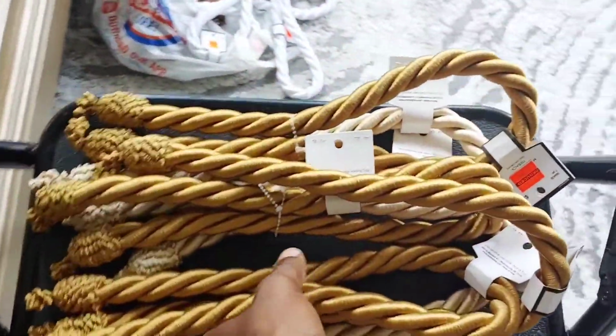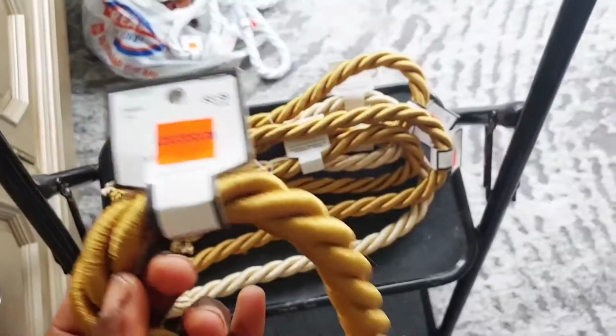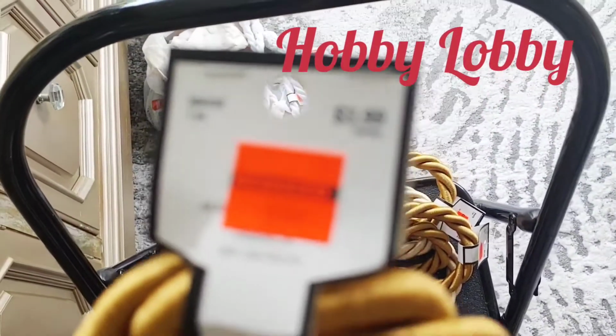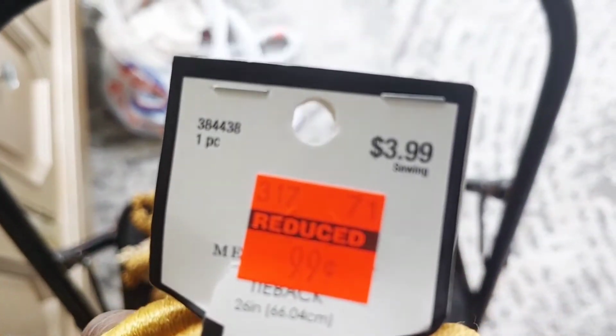But girl, I got a lot going on. I just want to get over with it. So I purchased these here, I think over the summer. They were $3.99, but I paid 99 cents for them. Some little simple tie backs, and I thought to embellish them at once, but I got too much going on here. I'm always building something. So I just decided, let me go ahead and use these